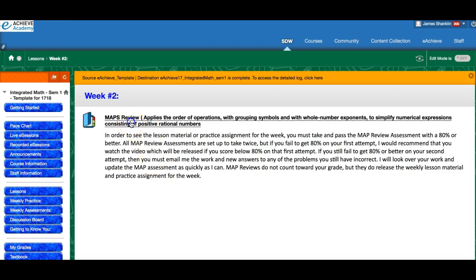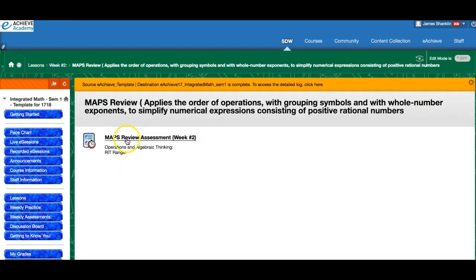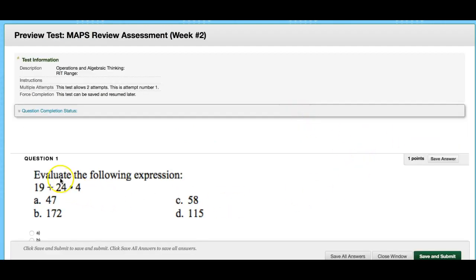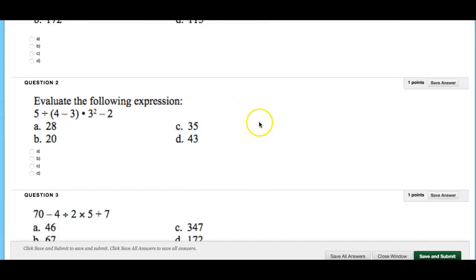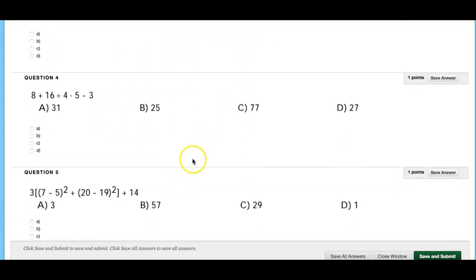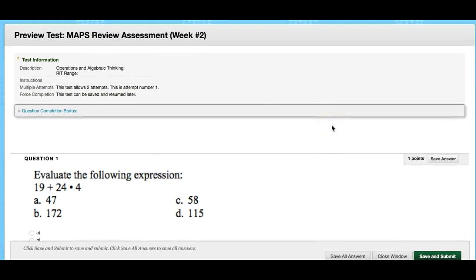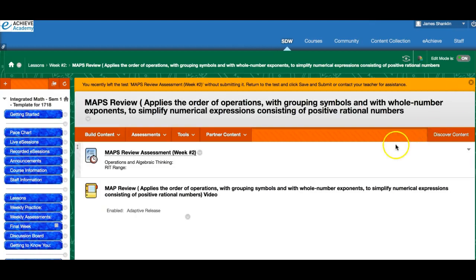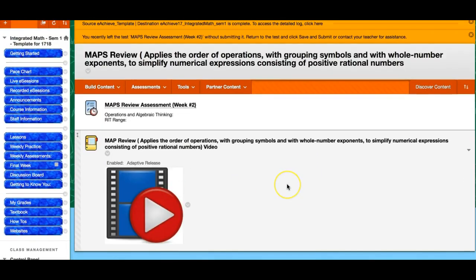You click on it and you take the MAPS test. So let's take a look at this. It's just evaluating, which you should have had back in 7th and 8th grade. And then you answer the questions. If you get an 80% or better, then you can go on to the lesson material, and I'll show you what happens then. Okay, so once I get an 80%, lo and behold, oh no,